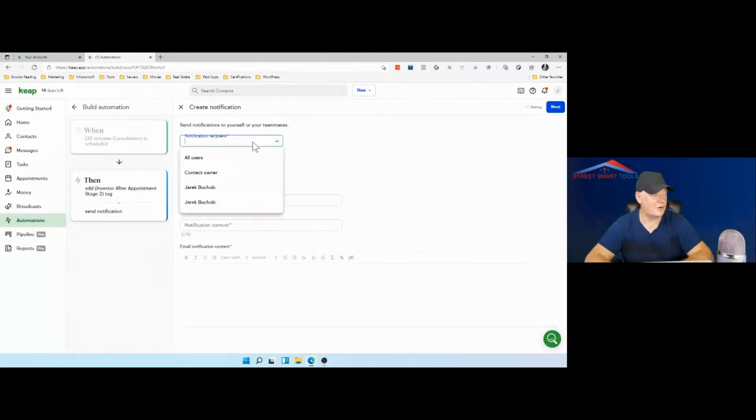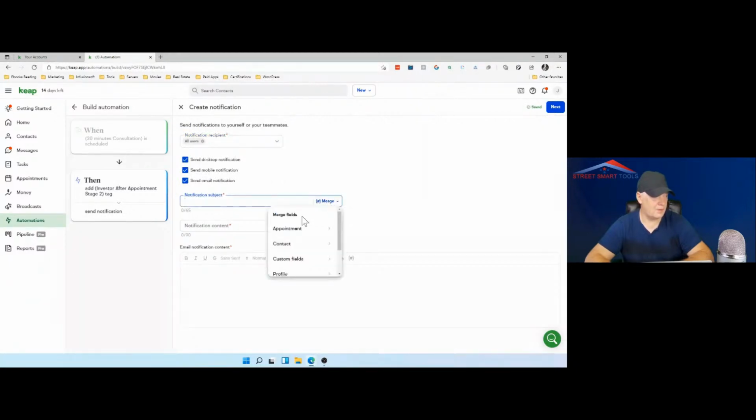Notifications to all users. Why not? Merge field. Successful appointment. Logistics I didn't define correctly, just to let you know, because they booked an appointment, but I want to make you understand how we are looking into the logistics. Successful appointment.